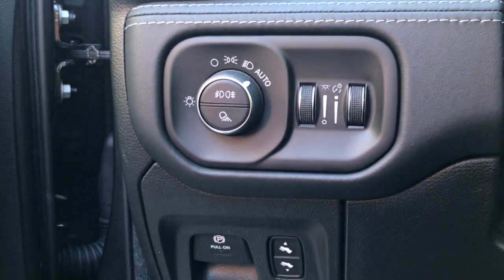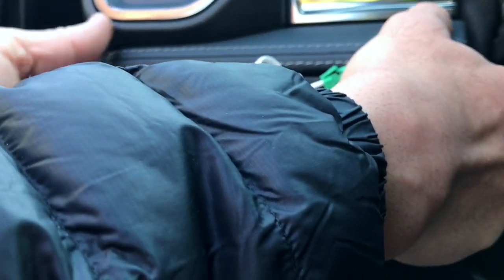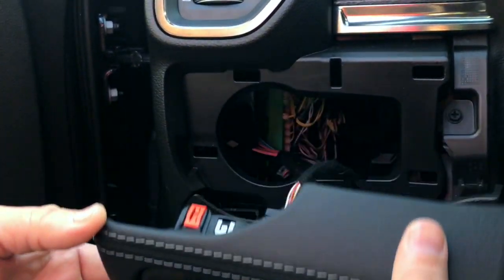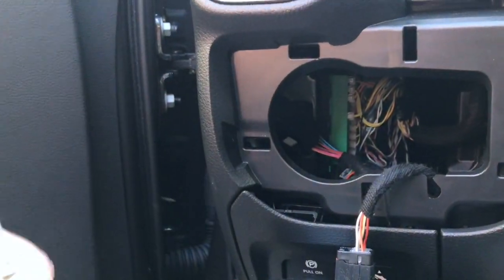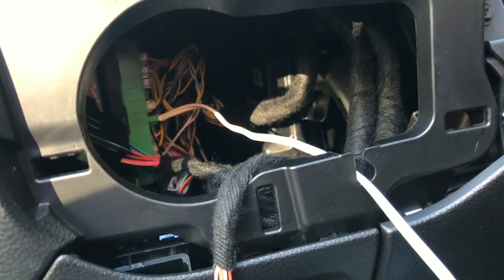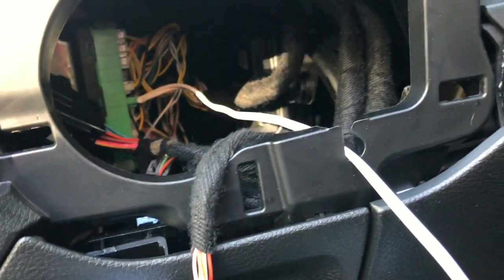Now it's time to program the BCM to go from 8.4 to 12 inch. So we have to remove this part, and it's just snap connectors, and you open up like this. Inside here you have the star CAN connector, and it has an empty spot for putting in our cable. So now it's connected to the star CAN port, and there are several open spaces there, so you can just choose one. And then we go under to the